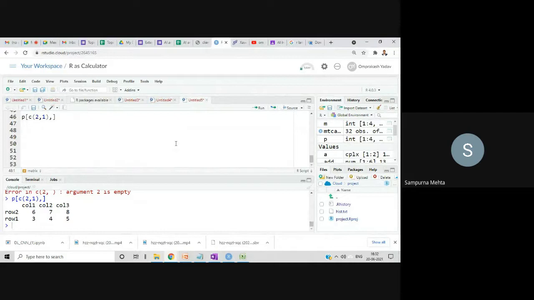Okay, let's start. So let's say we will do the operations like addition, subtraction, multiplication, and we will find out the determinant of the matrix, and the transpose.